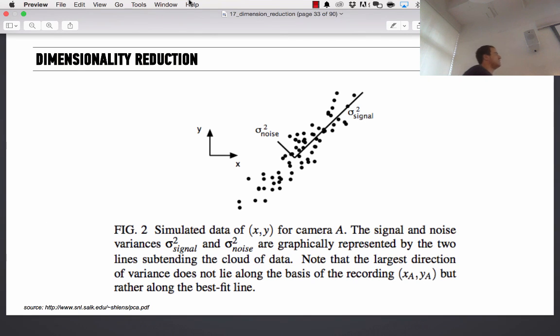So, here is one of the cameras of that box and spring. By the way, I included a link to the actual paper. It's literally called PCA, Principal Component Analysis.pdf. Here is one of the camera's data points from that ball and spring. I think this is camera A. This is what it saw.